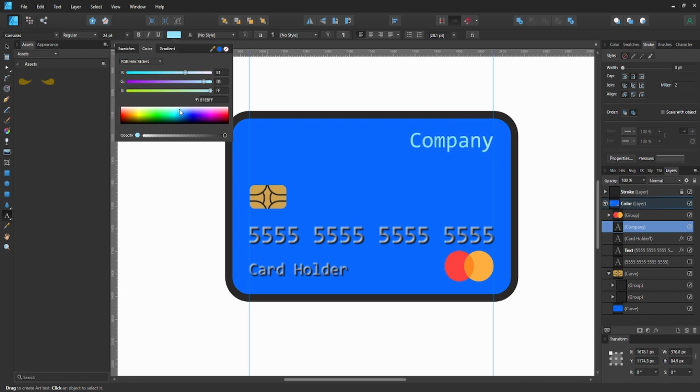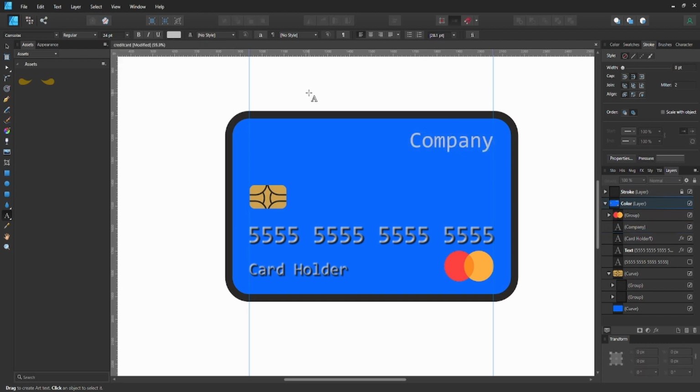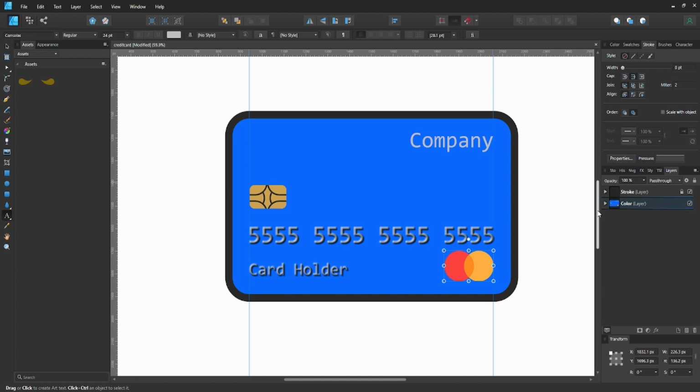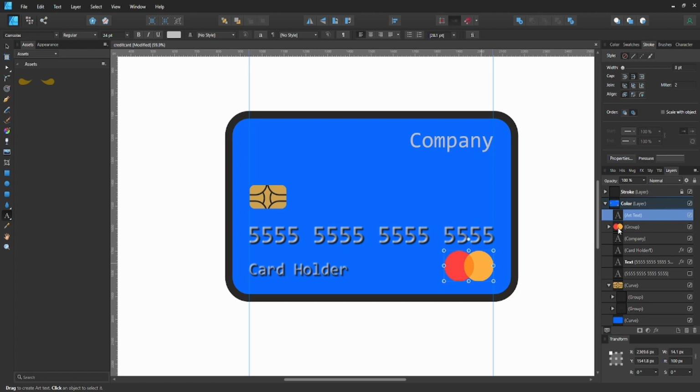Actually, we'll just make it white, or we'll go to our grayness and make it more of a silver. 75, there you go. So now we got that. Oopsies. So now we got the whole company thing, and that looks good to me, honestly. So now what we can do is go ahead and move this over one, and then what we're going to do is